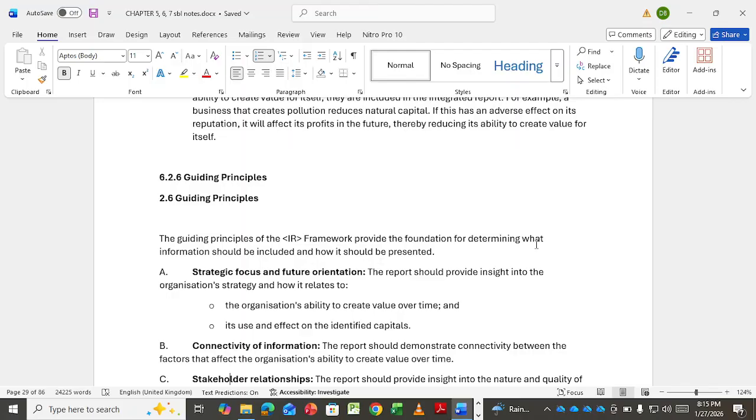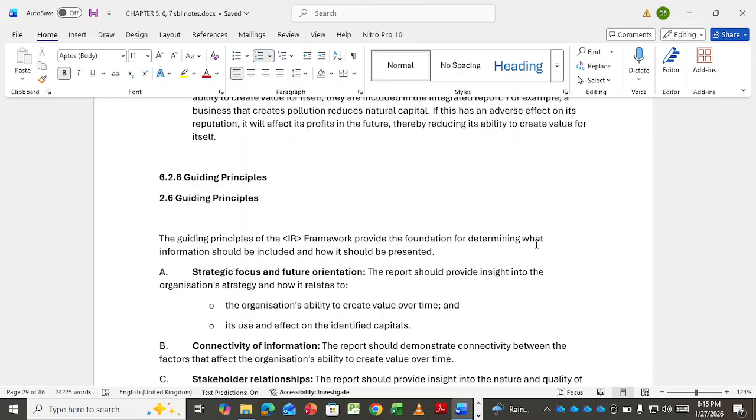However, there are principles or guidelines that are put in place to assist in case the company has decided to prepare the integrated reports. What should they consider such that they are complete, such that they are usable, maybe for comparisons, and for the shareholders or the other stakeholders that are interested in knowing more about the company. So one, we have